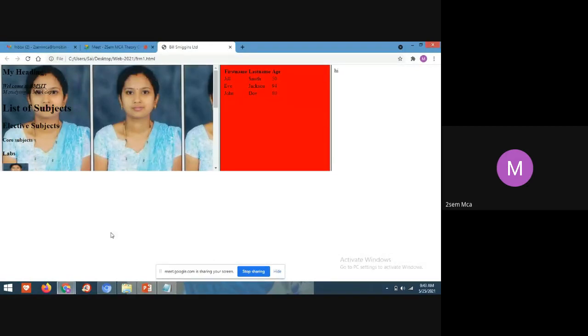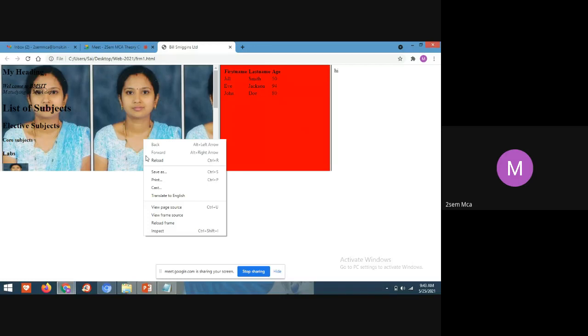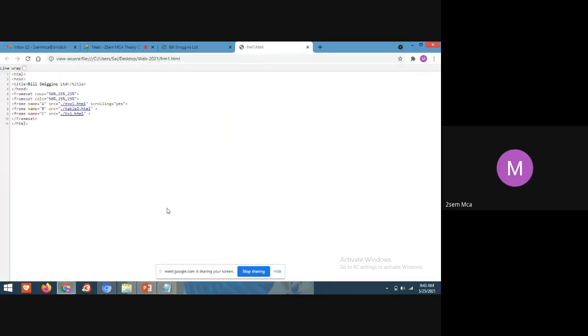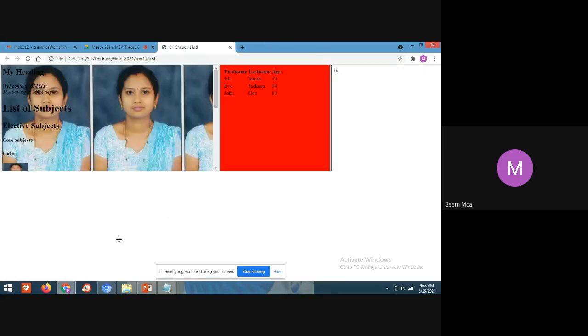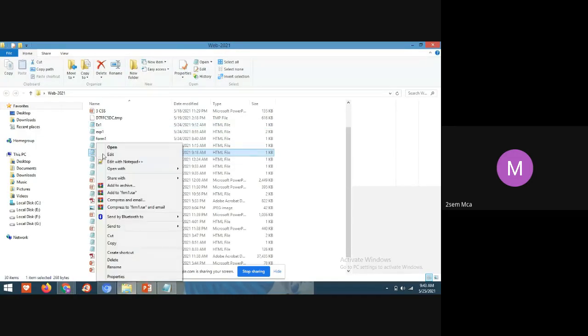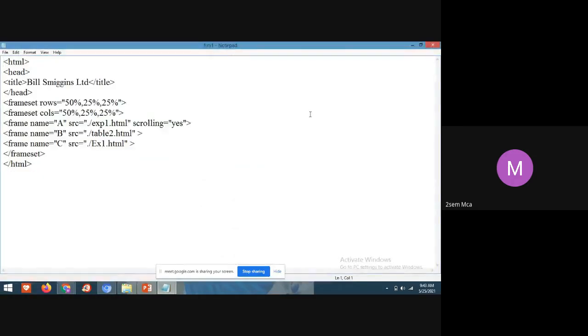This was the last class example. In the last class only I explained this example. The program for this I showed in the last class only. Okay, I'll show it once again. I'll remove the column value.